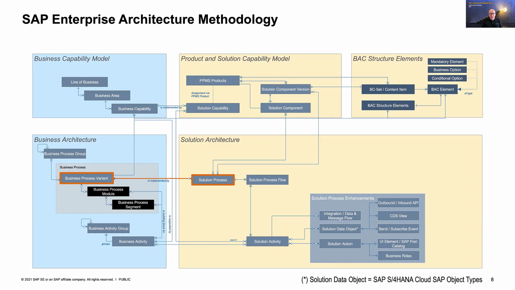The solution process flow describes what is the overall order of activities you perform in the system. The solution process forms the bracket that combines all artifacts together that belong to the process execution and that responds to a particular business process variant that is then defined on the business side. So this is how the different things come together, and you see that you can for sure extend that picture here by multiple additional perspectives.